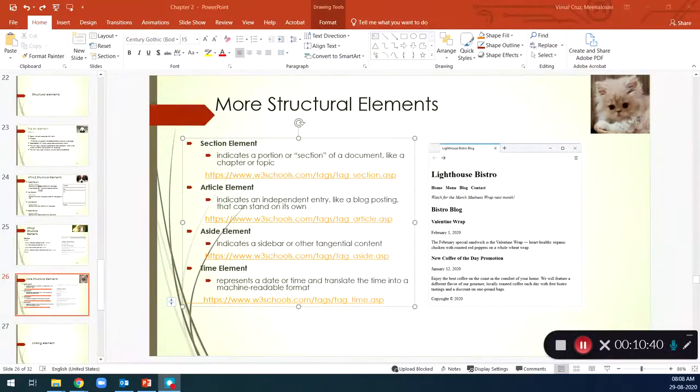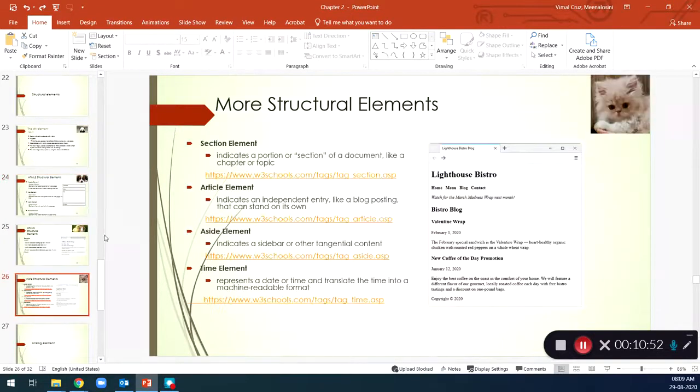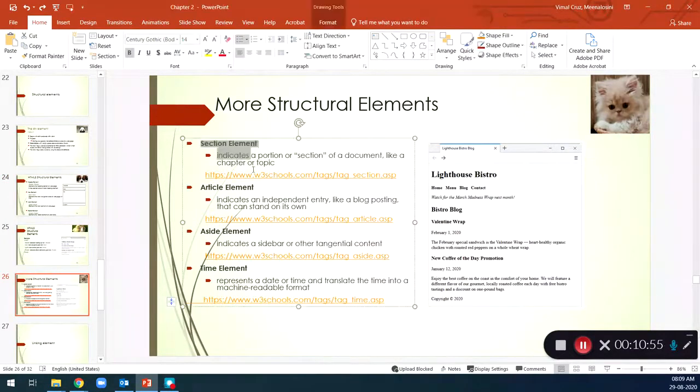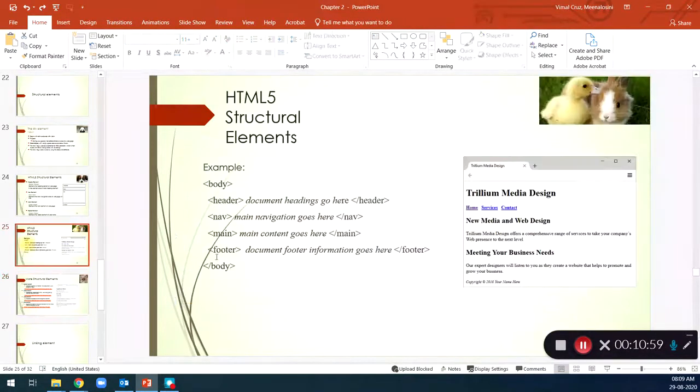The content that I have explained here with these more advanced structural elements may be confusing to you right now. As of now, we are just going to focus on the basic structural elements. But this is just for your understanding, in case in future you may use these advanced structural elements, other than the basic elements, to provide a semantic structure for your web page.